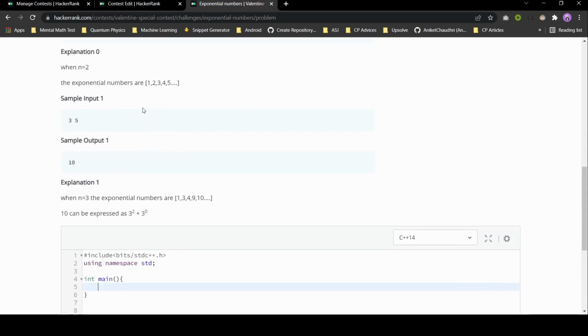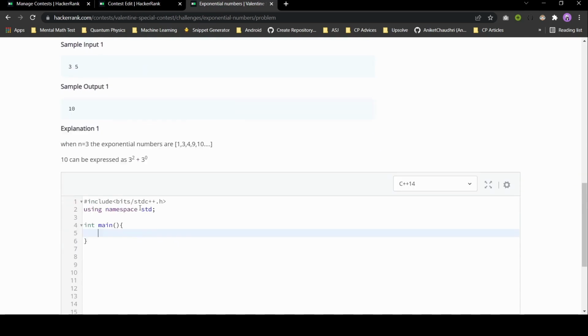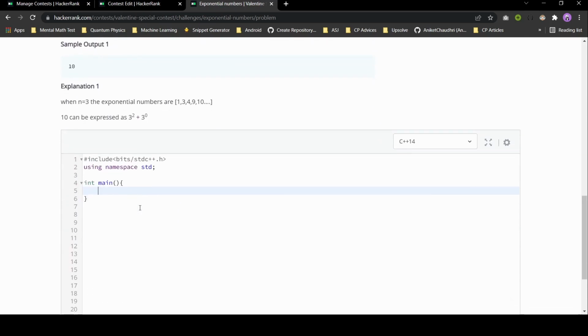So first of all, we are given two numbers, n and id. So for id we can say, let the variable be k. So int n and k. K is denoting the id. Okay. Then let our answer be initialized, and also because these are powers and these can get really big,